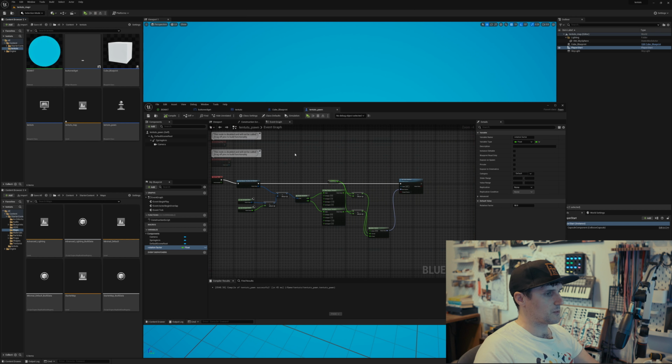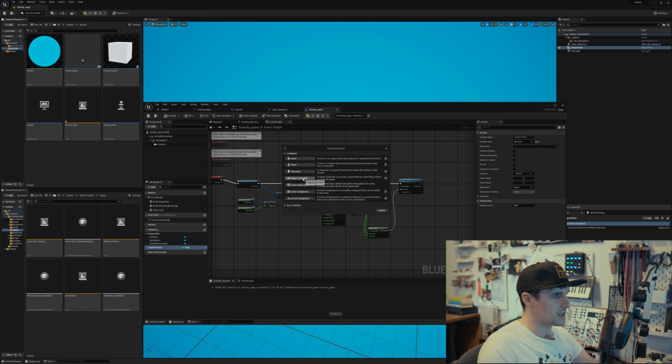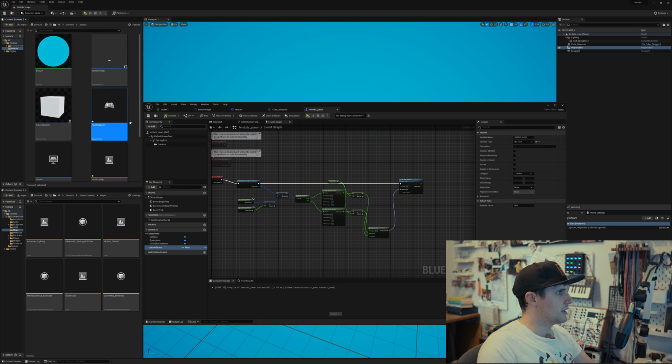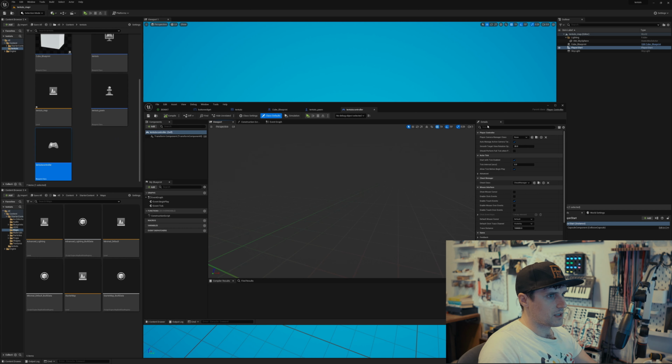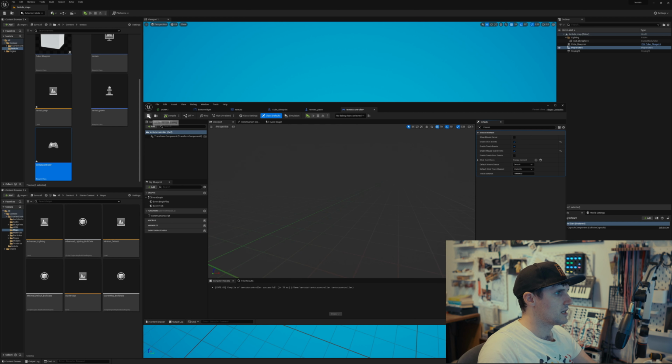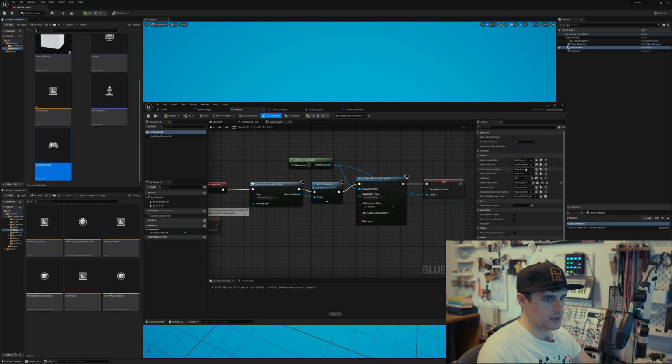Let's make something happen when we click the cube rather than the button. So for that, we do need to make a little controller. So we're going to make a player controller. Let's rename that 10 tuts controller. And all we need to do in here is search for mouse, and we need to enable click events and mouse over events. And then what that allows us to do is, as long as we set our controller in here,